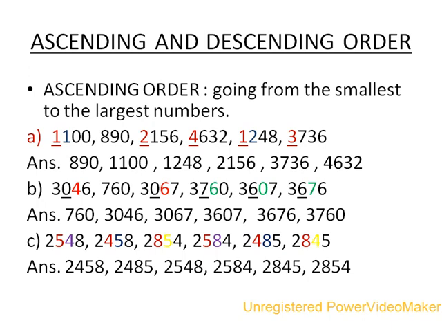Two numbers are the same at the 100th place, that is 2548 and 2584. Another two numbers are the same at the 100th place, 2458 and 2485. Another two, 2854 and 2845, are the same from the 100th place. Now among these, if we compare, 4 is the smallest at the 100th place. So we will take 2458 first and 2485 next to it.